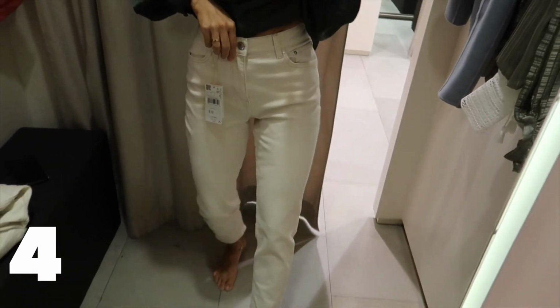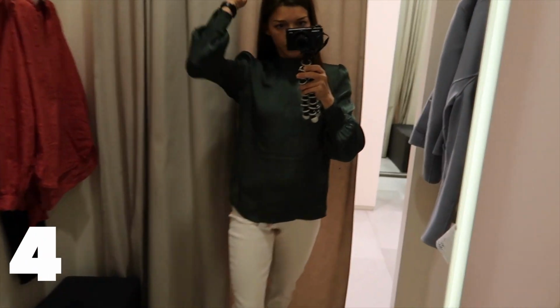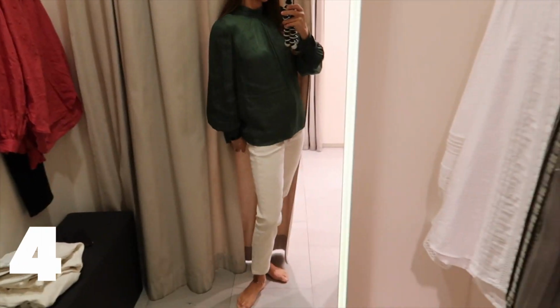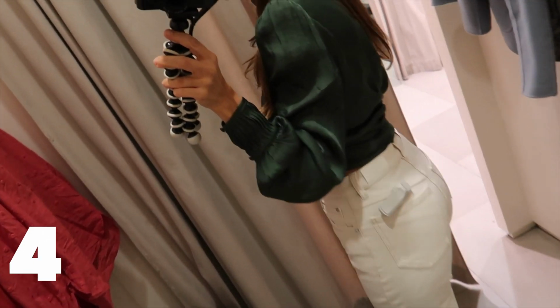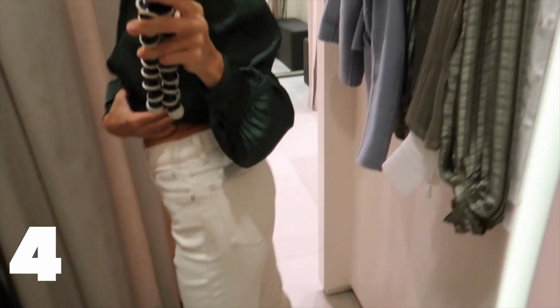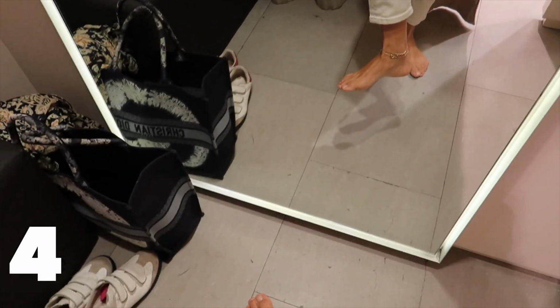It also has a comfort fit. It has the color that's slightly off-white, on a nice grade. And with this top I would definitely wear it out, it has a nice flowy effect. Yeah, this kind of works. The fit is quite comfortable, so it's high-rise. The detailing on the pockets is cute, and what I like is that the ankle is not too narrow,